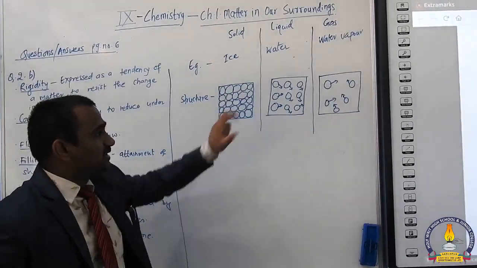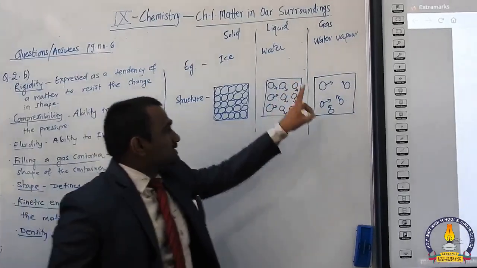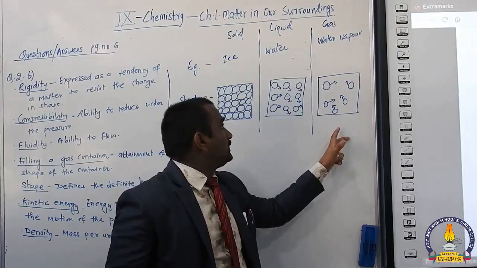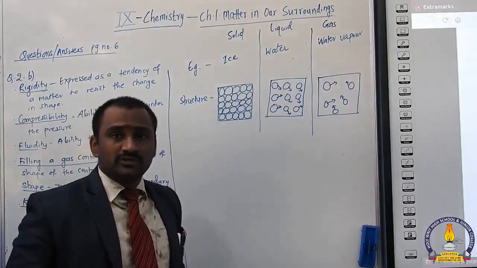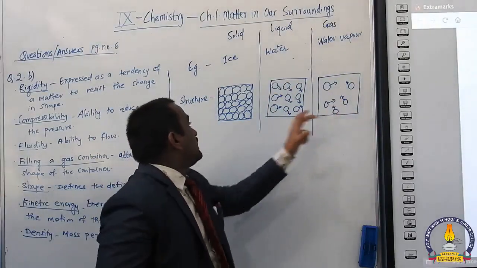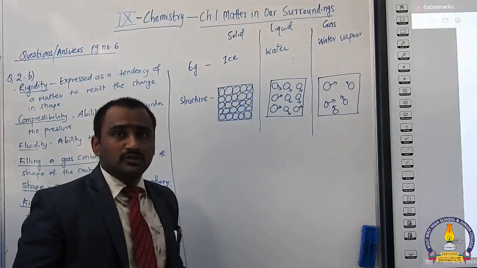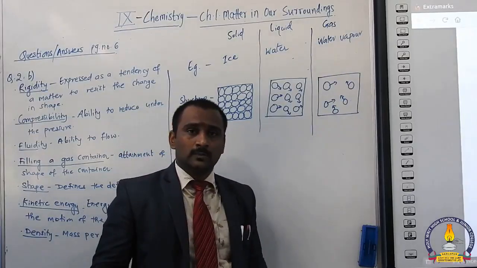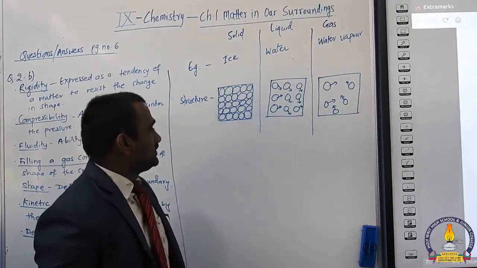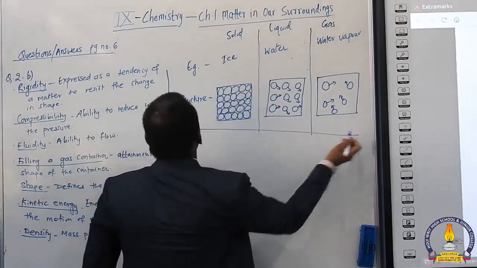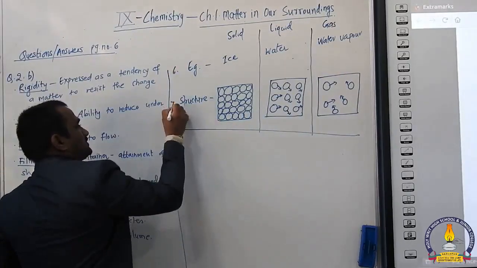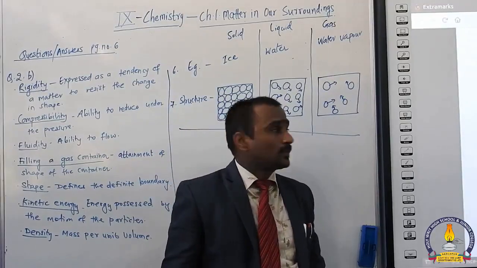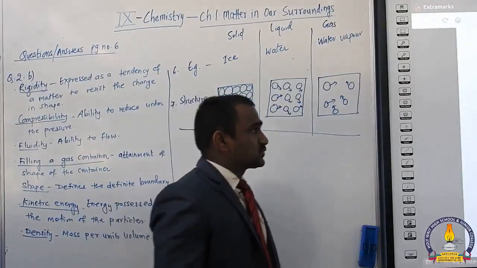In this diagram you can see that in gases the movement of particles will be more, they are moving randomly. In liquids the movement will be less than in gases, and in solids there will be no movement of the solid atoms present in that state of matter. Now these are the differences we have done. This will be the 6th difference, and this will be the 7th difference in the states of matter. Now we will go to the next question.